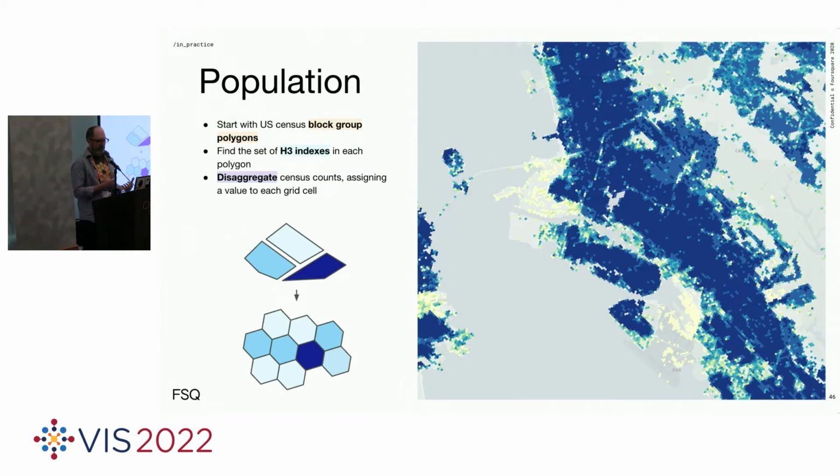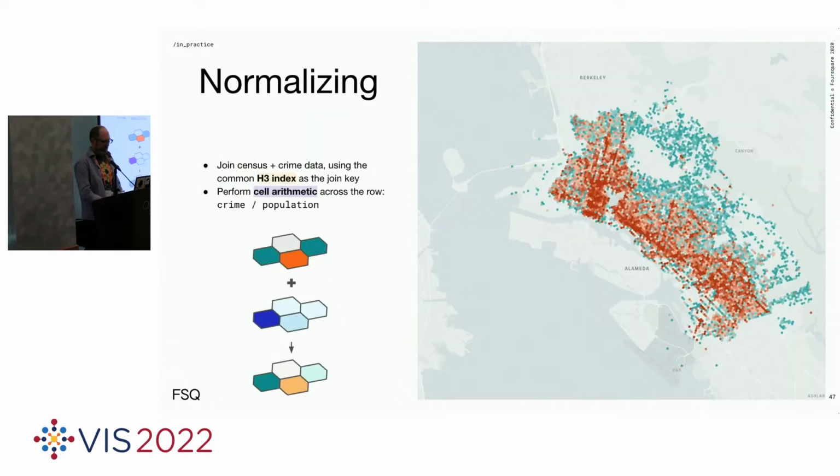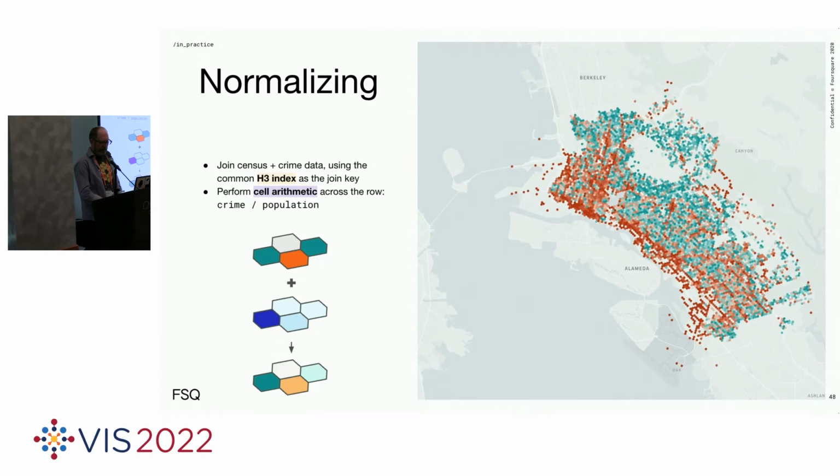In fact, when we did this, we also leveraged building data sets, so you could figure out roughly which areas of the underlying polygon actually were populated and which were not. And we come up with this population surface that we can use in other kinds of analyses. So here, we can very easily stick the population data set onto our binned crime data set, and we can perform cell arithmetic across that row. We can normalize crime by population,